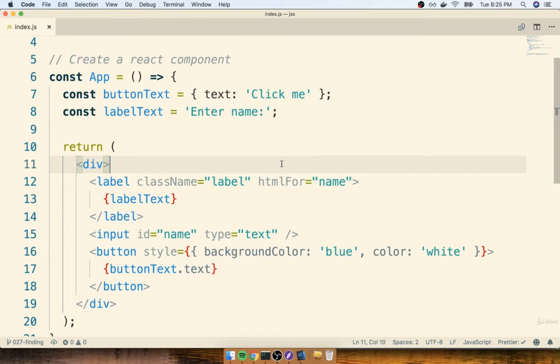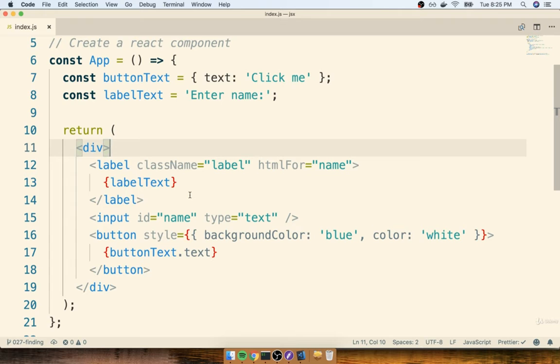I think we've now got a pretty good idea of the basics of JSX. Remember, one of the most important things to keep in mind is how we can print out some JavaScript variable inside of our JSX by using those curly braces. Just to make sure that we really understand what's going on, the next video or the next section is going